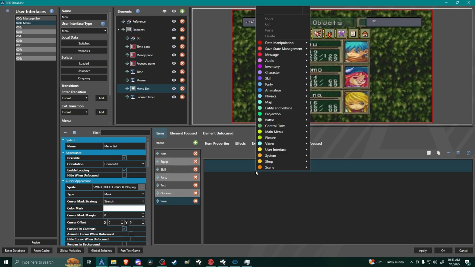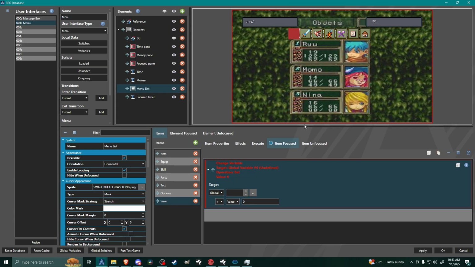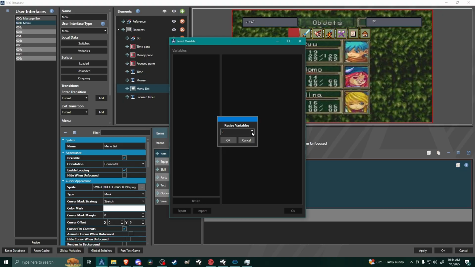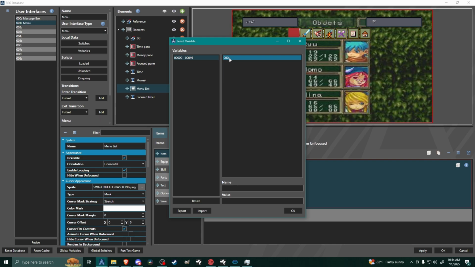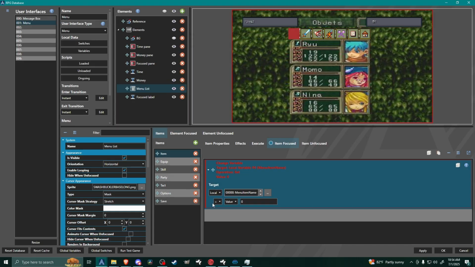So what we're going to do is data manipulation, change variable. I'm going to set up a local variable, so just something tied to this UI, and we're going to adjust here. Let's resize, add a local variable. I'm just going to call this menu item name. You can call it menu item focus, menu item name, whatever,